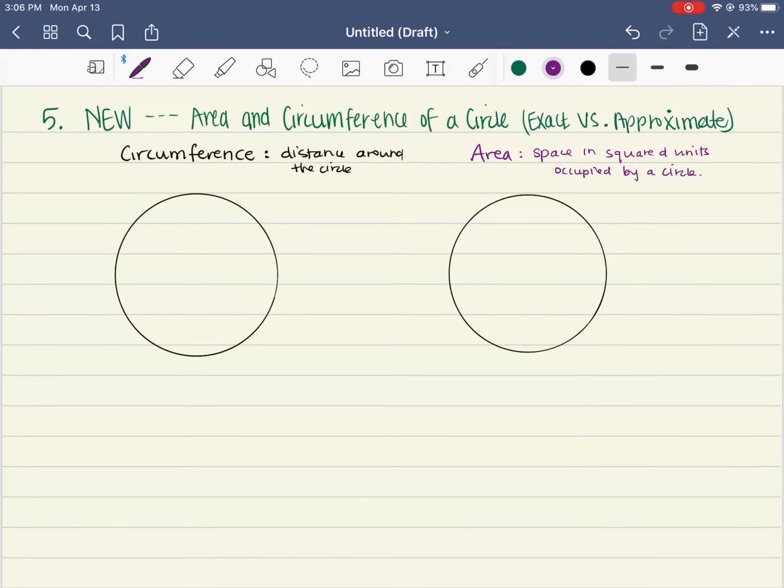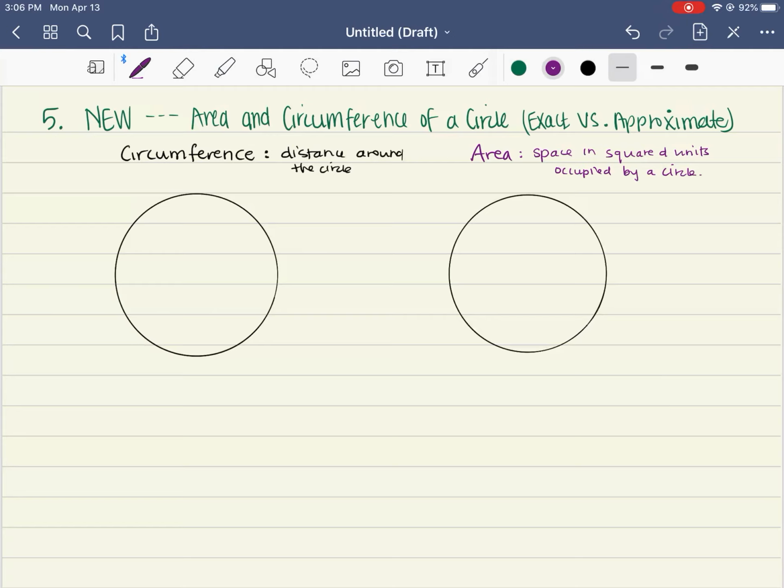Okay, so the last point that we're going to add to our notes today, again, you need to have those first four written out with some examples. The last one is kind of the new content. So you've seen this previously, probably in 7th, 8th grade. We just need to make sure that this is comfortable because we're going to be building on this in chapter